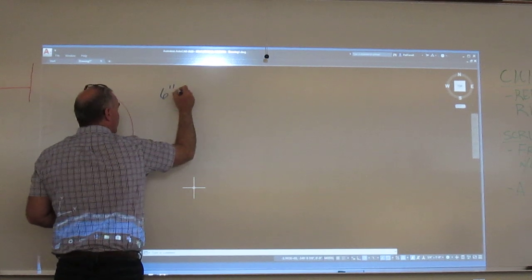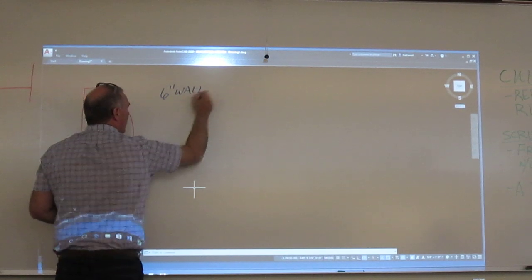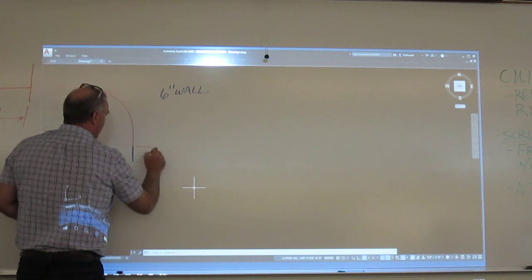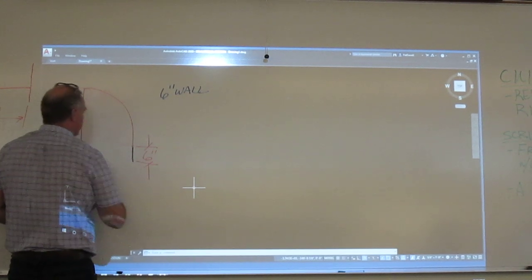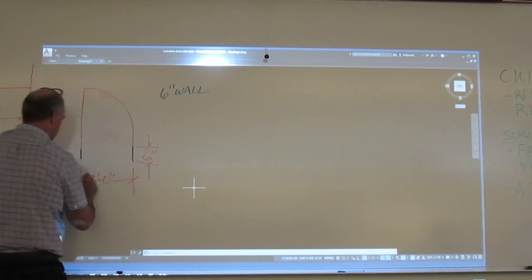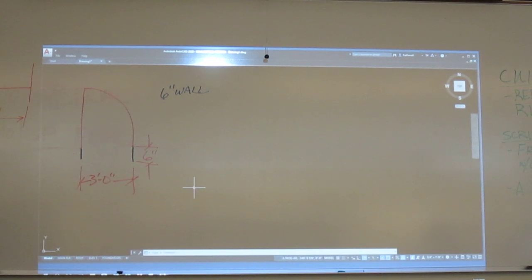Okay, so like an exterior wall, because that's really where most of our windows and doors kind of go into. Let's make them both 3 feet. Six inches. So if you would draw these two symbols.